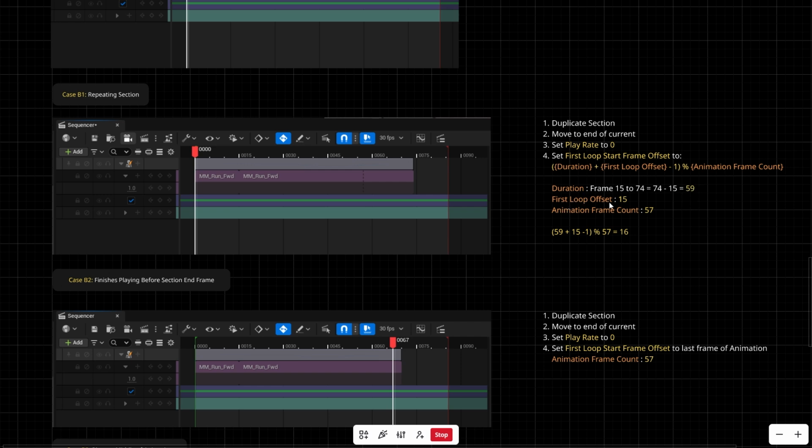For the first loop offset, like we showed in the previous examples, we kept 15 as our first loop offset. And our animation frame count is 57, and that's just from our source animation with the run forward animation. So keep in mind we have 59, 15, and 57. So we do some math here: 59 plus 15 minus 1, modulo